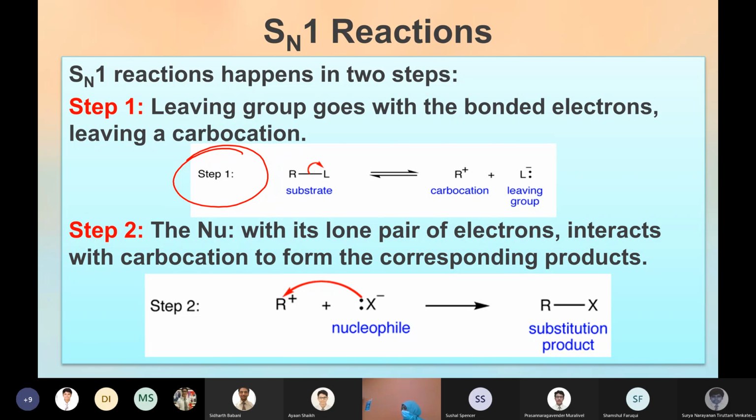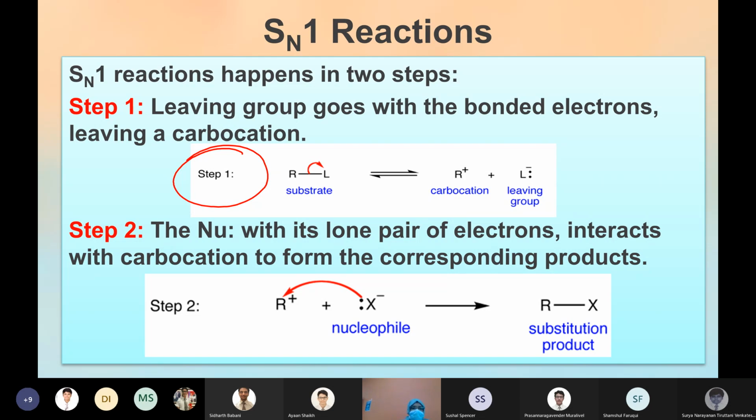In the previous example, when we discussed SN2, you can see that the nucleophile and your substrate were both together in the slower step. So two molecules are taking part in the reaction, which means it's a bimolecular reaction. In the kinetics chapter, chapter 4, you will learn about unimolecular and bimolecular reactions. So unimolecular and bimolecular refer to the number of molecules taking part in the rate determining step. SN1 is substitution, nucleophilic, unimolecular.